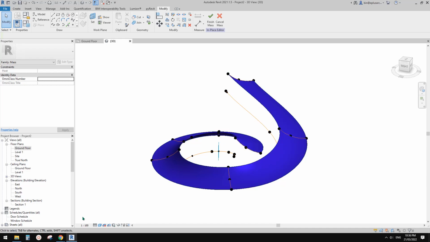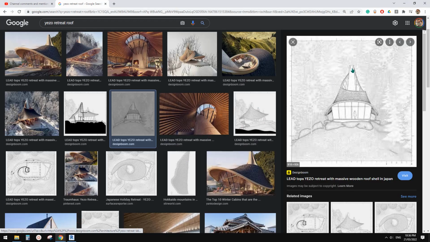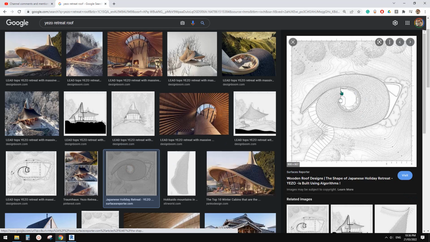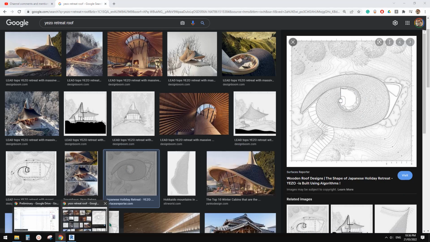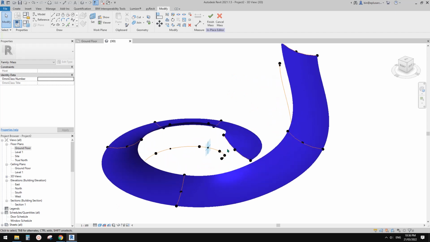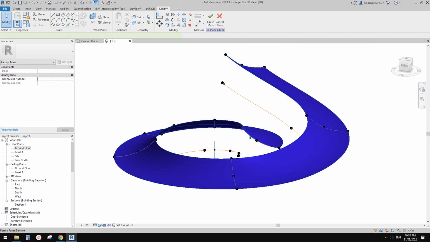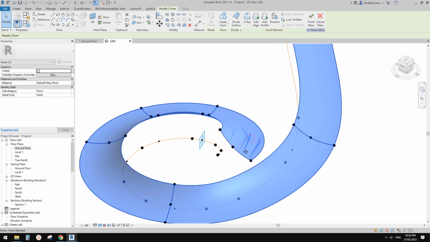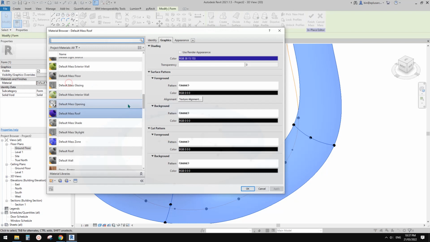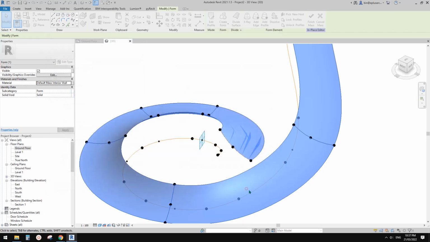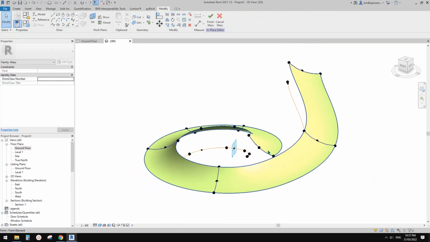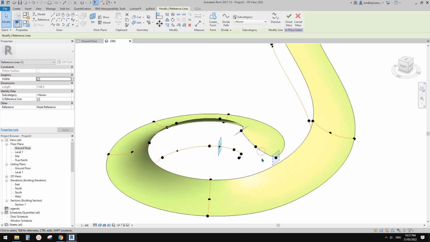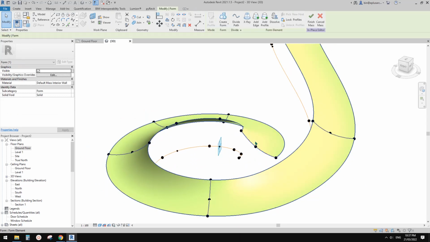Okay, so if we look at this one, we need to move this up. First, the top end of the roof, you need to move up there. You have the option to select the whole thing. Actually, this color is too much. Maybe I'll change it to a lighter color. That's better. So okay, you can use your tab to select this reference line